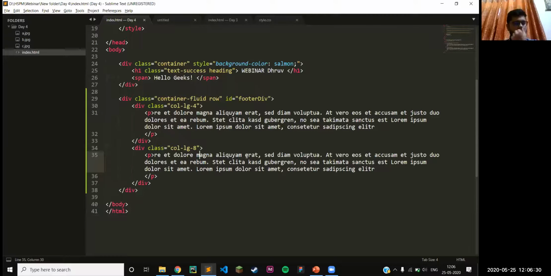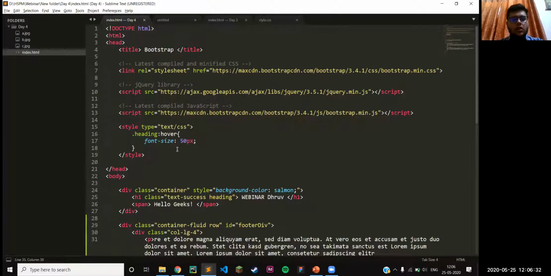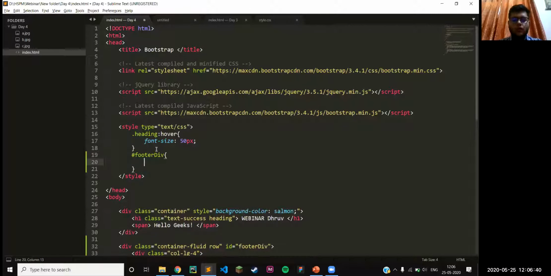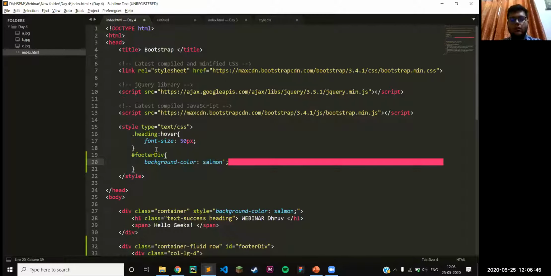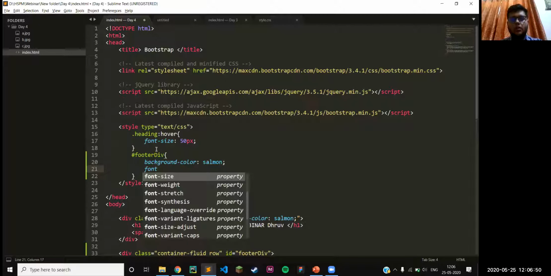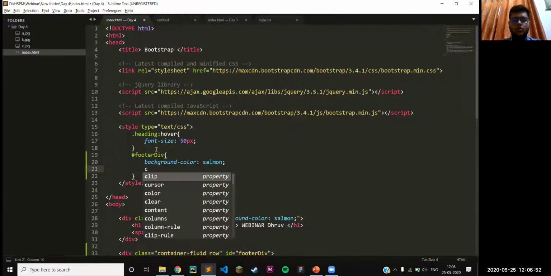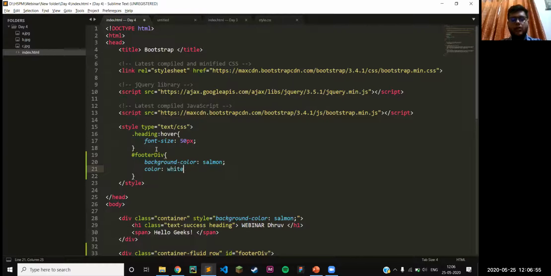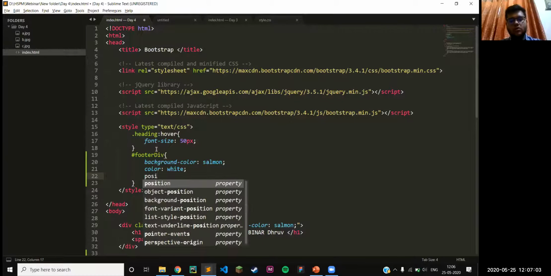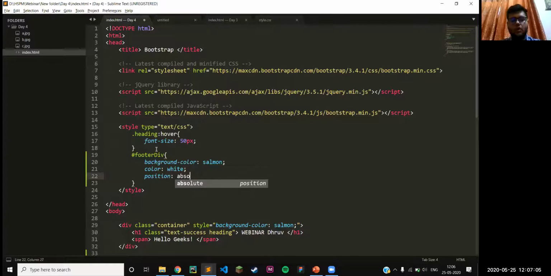Okay, so let's do one thing. Let's start styling this div. So let's say footer div. We'll give this a background color of, let's say, salmon only. Then we'll make the font color, sorry, color, white. Then we can put position as absolute.